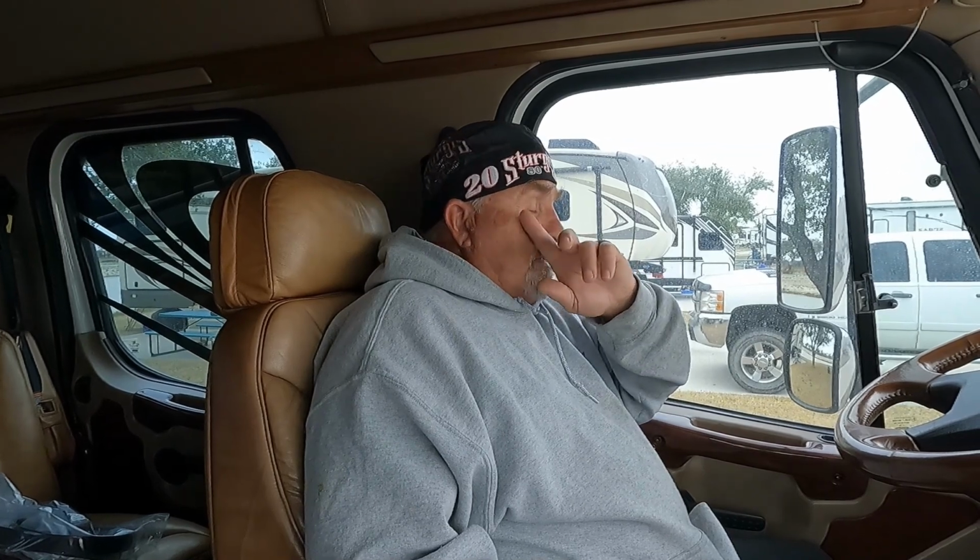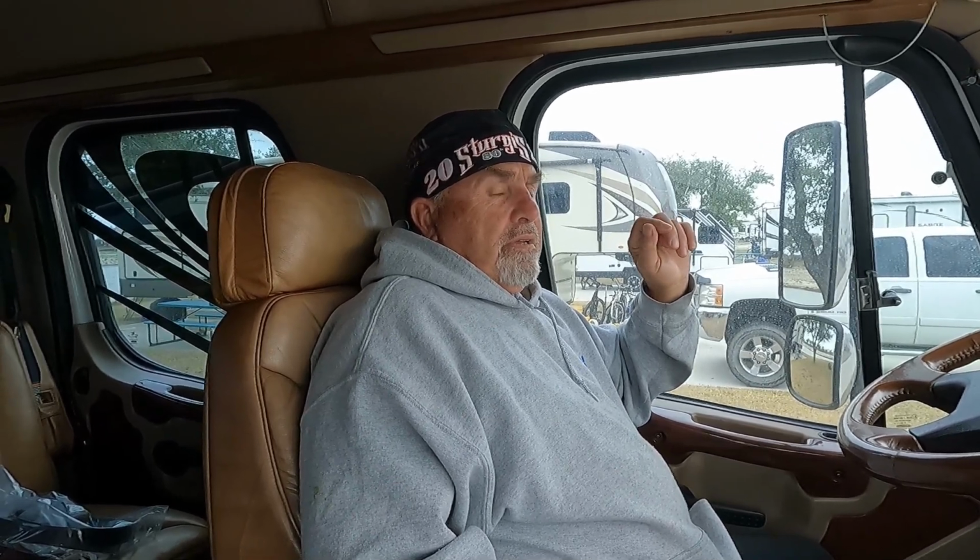Well, the truck came with a Voyager wire to run the cameras, which would be through the radio on the dash, with a backup, well, not a backup camera, but a camera that chimes in on the bed for the hitch. The new DRV, I chose to get the side lights, side cameras, and it came with a 7-inch monitor, but